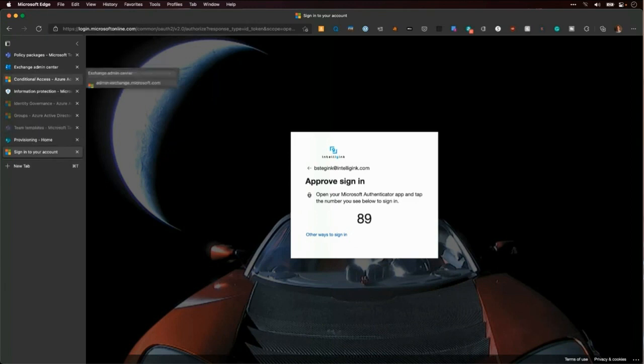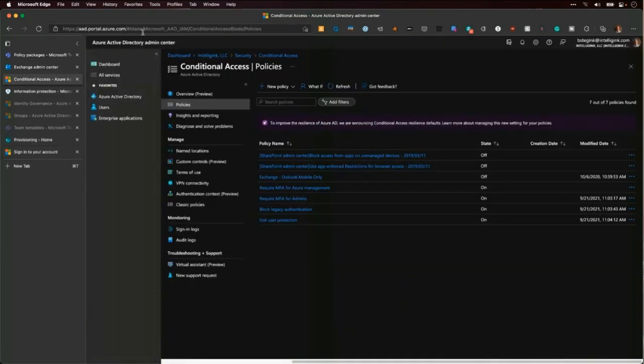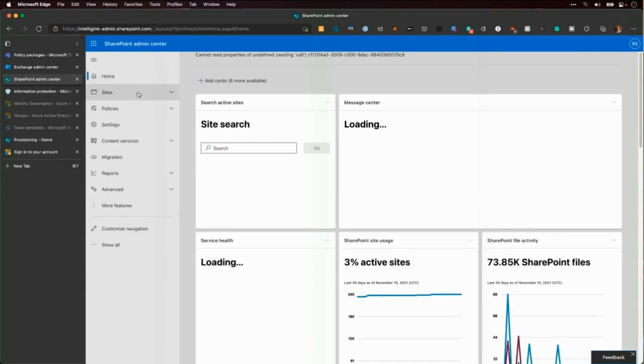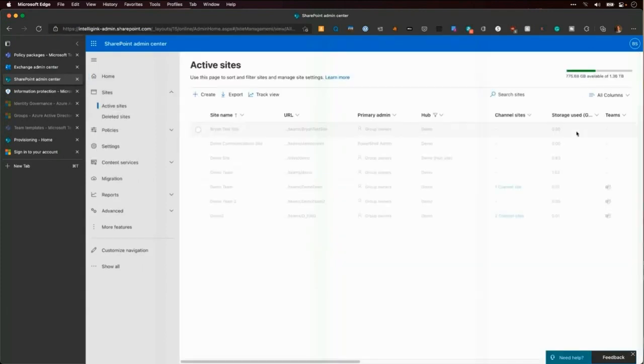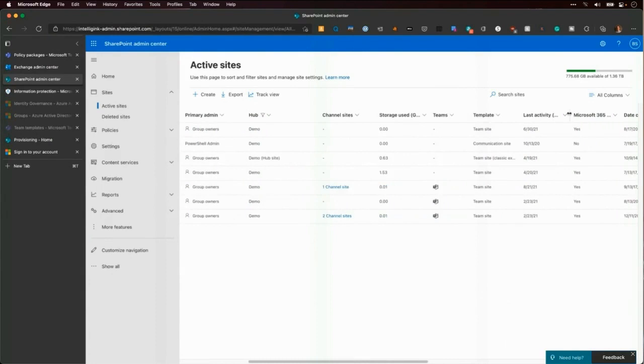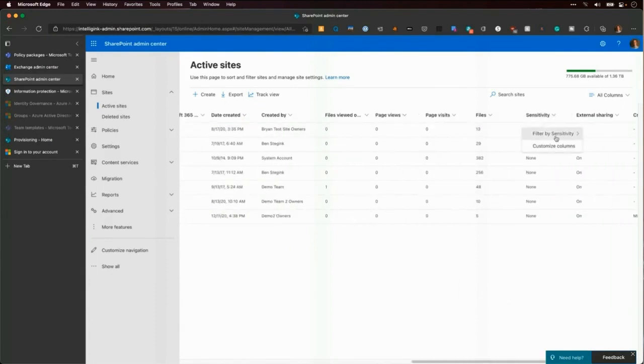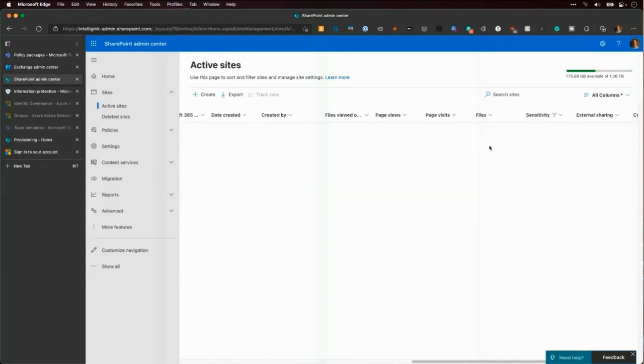Or while that loads, let's go back into my SharePoint environment. And you can actually see in my active sites, I will expand out my active sites. One of my columns in here is those sensitivity labels. So I can go look at all of those different sites, maybe these are all internal sites. Apparently I don't have any internal sites that I've created yet with that sensitivity label on it. Demo failure.